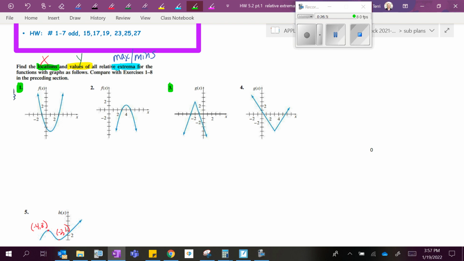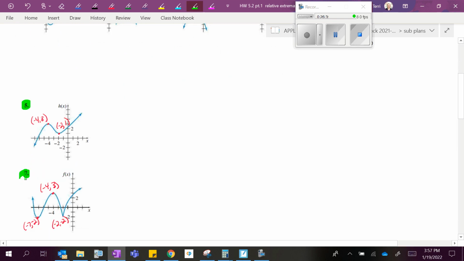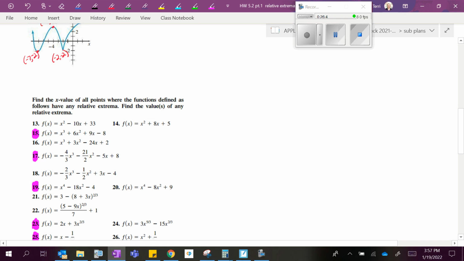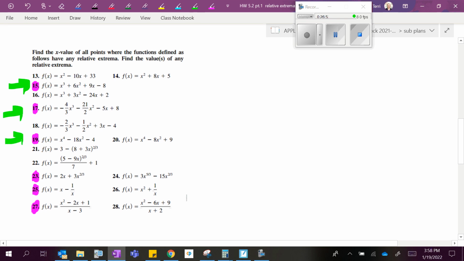So do that for the odd graphs right here. And then on the equations, these are polynomials. These should be very straightforward. Find the relative mins and maxes of the polynomials. And go ahead and give all of them a shot. See how you guys do. We'll go over them